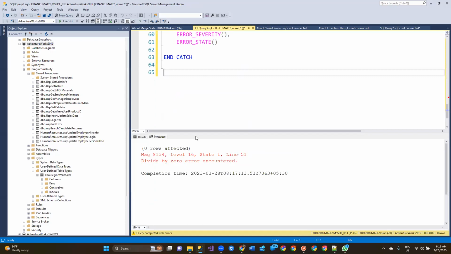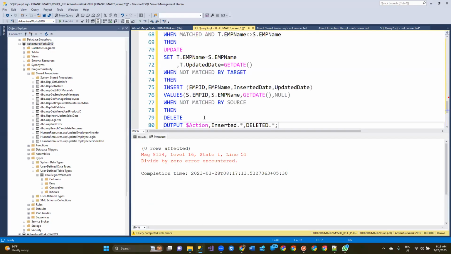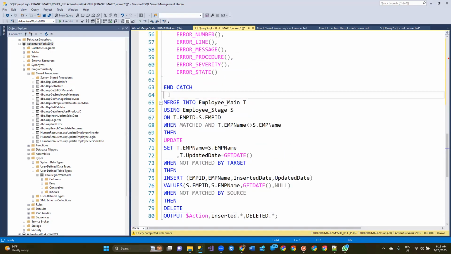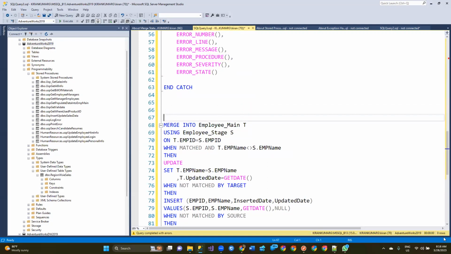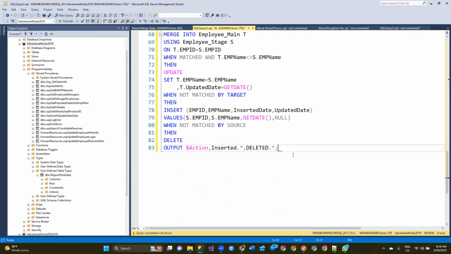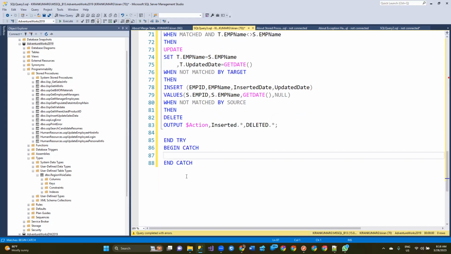For example, this is the query which I have written. I would like to keep this in exception handling. Begin try, end try, begin catch, end catch. So here what I'm supposed to do is capture the errors into one error